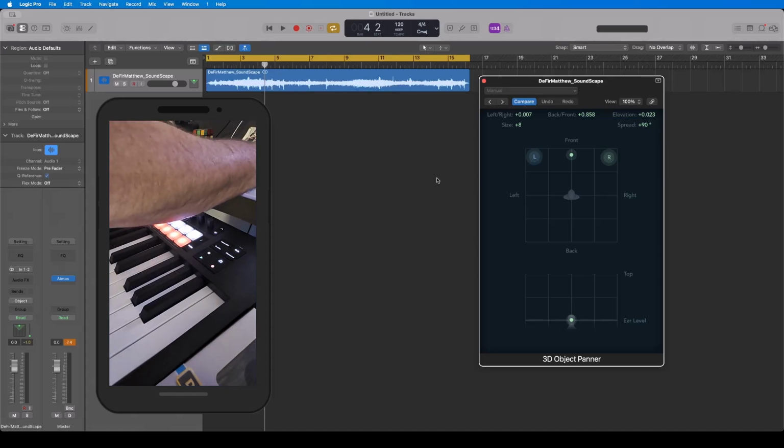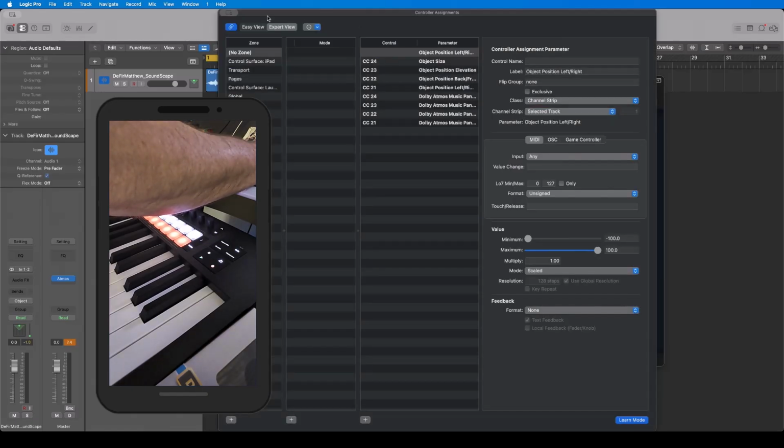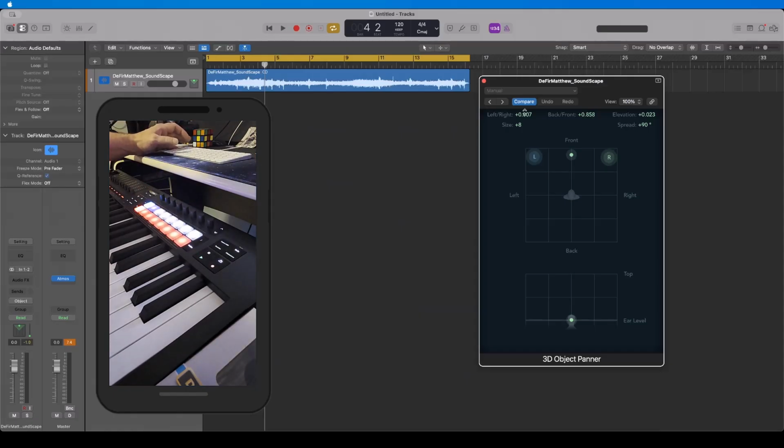Once you do that, you then come in and you click on each one of these. So you'll click on the left and right and you'll hit Command L, right? And that'll bring up the Midi Learn interface. It'll look a little different than yours because mine's already mapped. But essentially you'll click the Midi Learn, move this